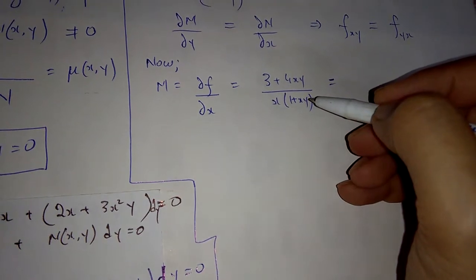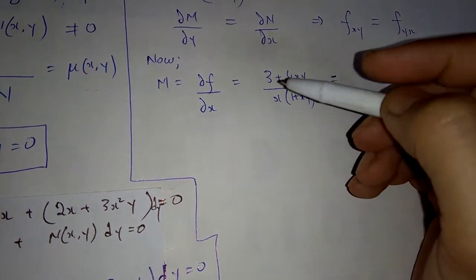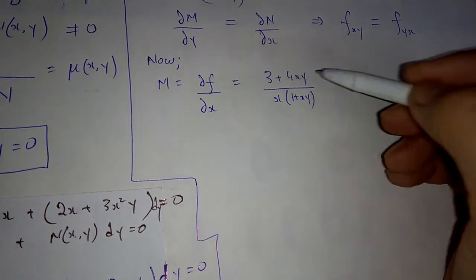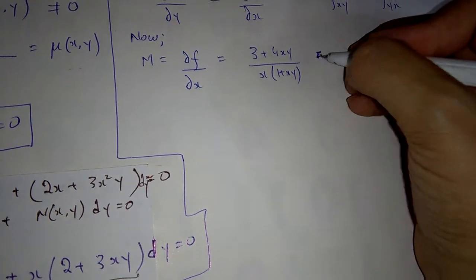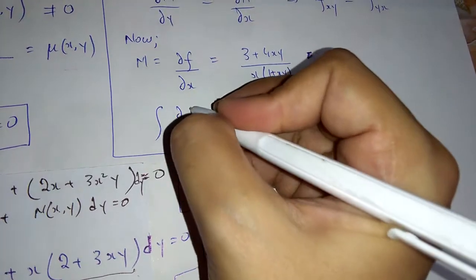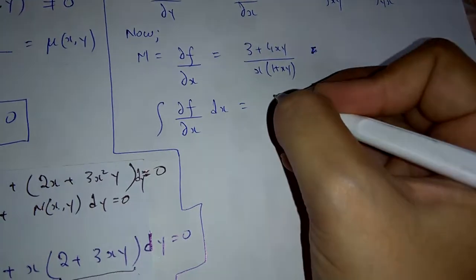What I'm going to do, I have to find the integration. I have to perform the integration here in order to get f of x. So let's see what we get. Once we perform the integration with respect to x,